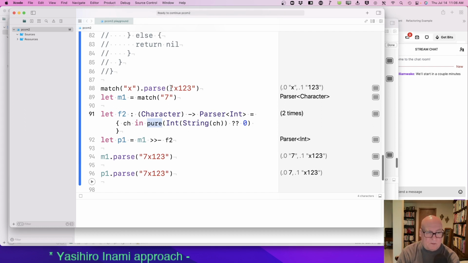Okay, so I'm not sure pure is the best parser to be using, but this function does convert. It's just confusing to me that f2 is this function.